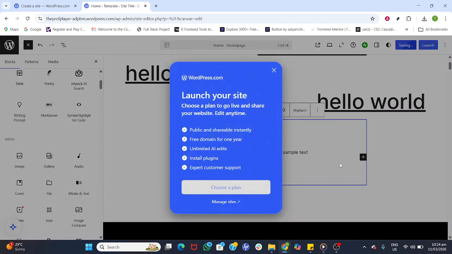WordPress will confirm the changes to your template. Finally, click Launch to push your updates live. That's it. You've added a polished media and text block and set it up for clarity, performance, and